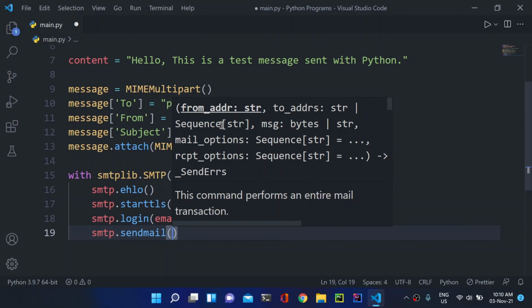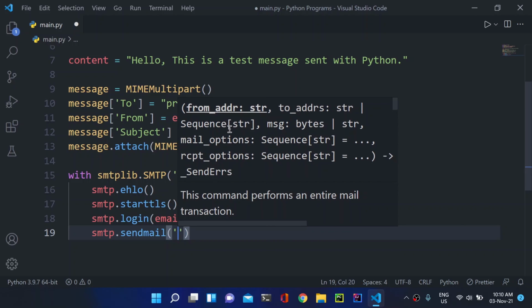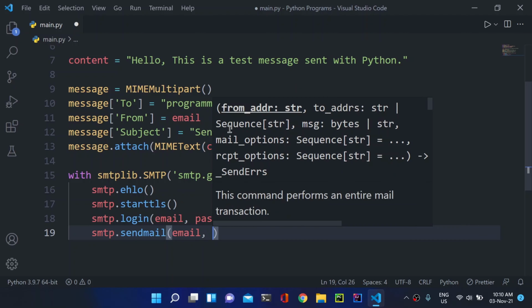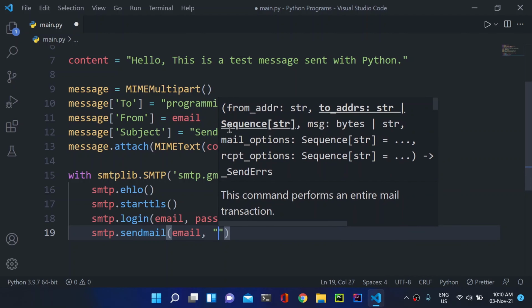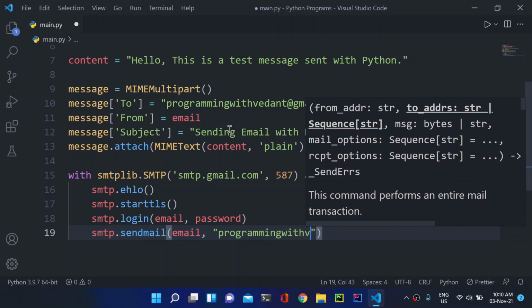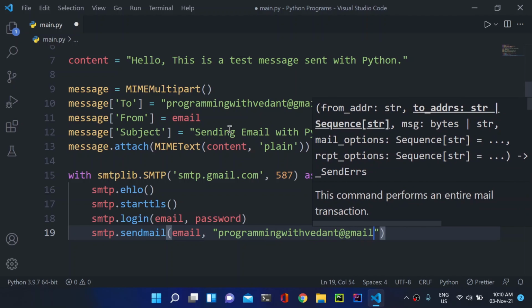With that we can now have these three arguments. So from whose account we are sending the email. So I am sending the email from email. Then who is the recipient. So the recipient will be this email. And then we have the message.